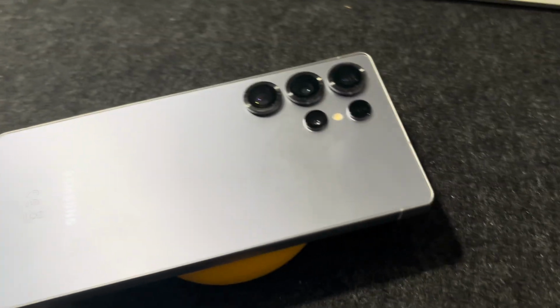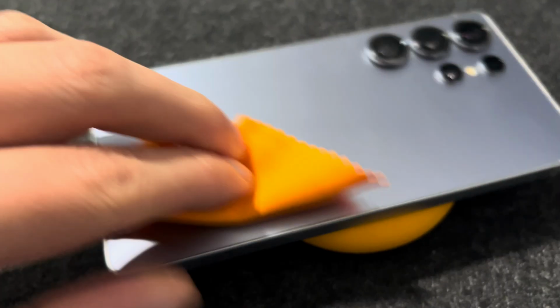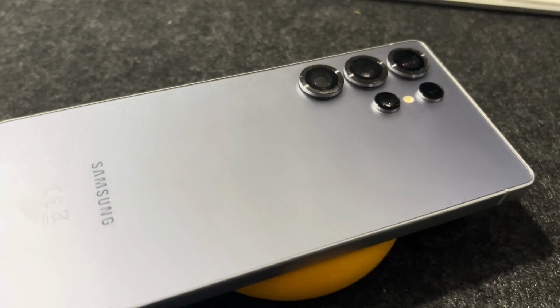and I really do like the color that this comes in, which in this case is the blue, this frosted blue, and I do like the fact that it is a frosted back. It's a little bit fingerprinty, but it's pretty good. Now,